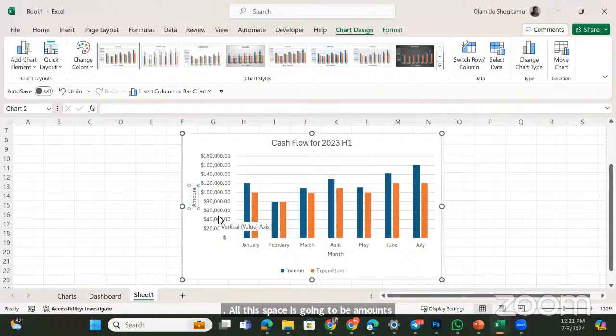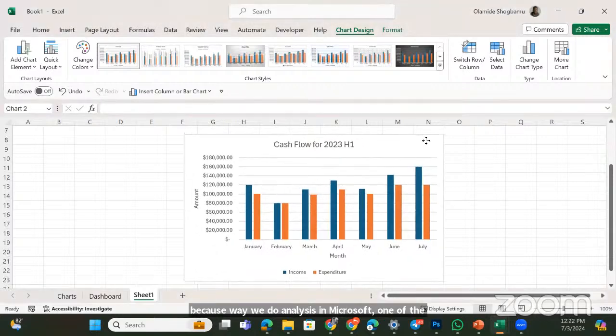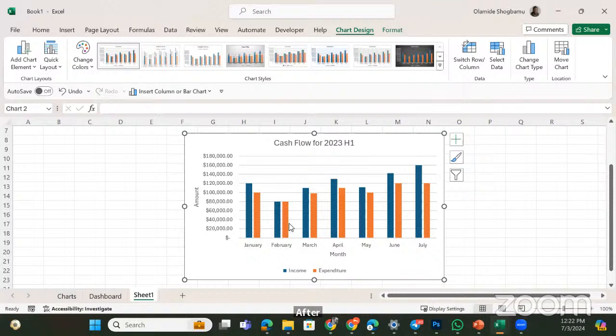Okay. So it is important that we know how to create a chart, because when we do analysis in Microsoft Excel, one of the best ways to present your analysis, after summary table, after pivot table, is also in a chart. So one thing I want to do is that